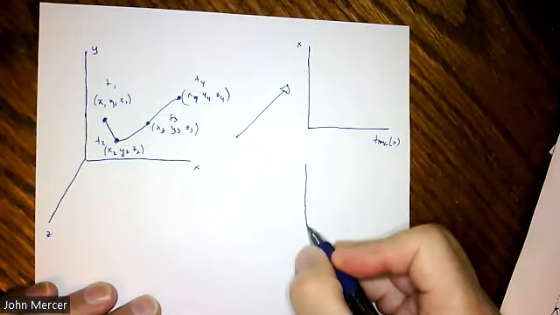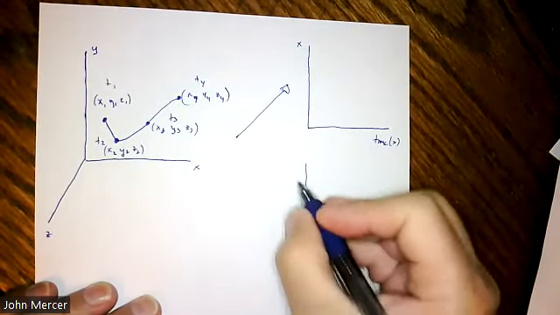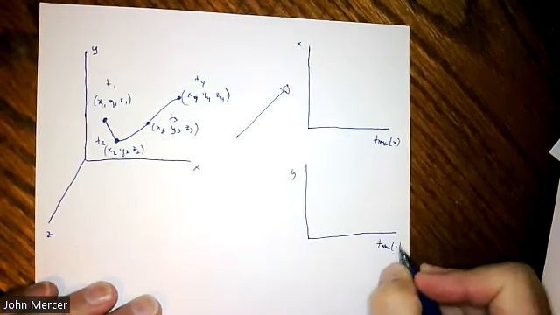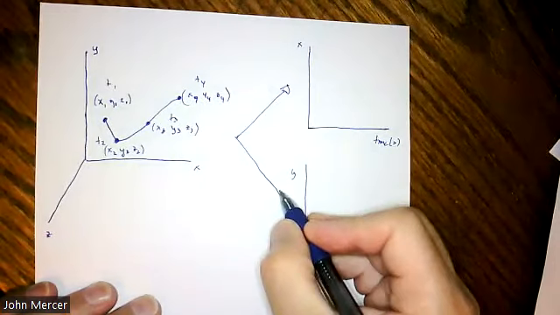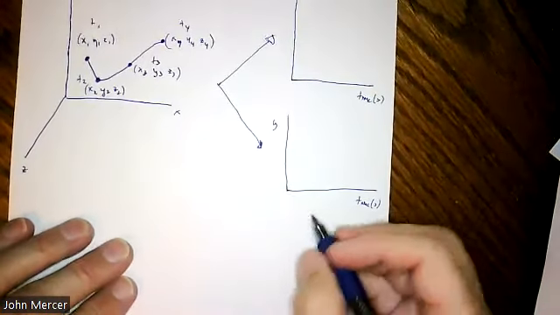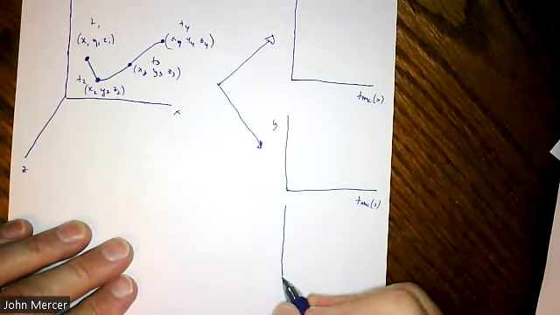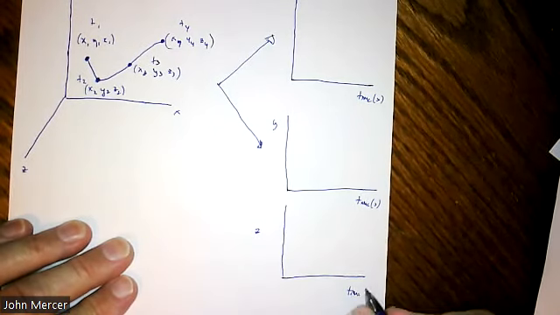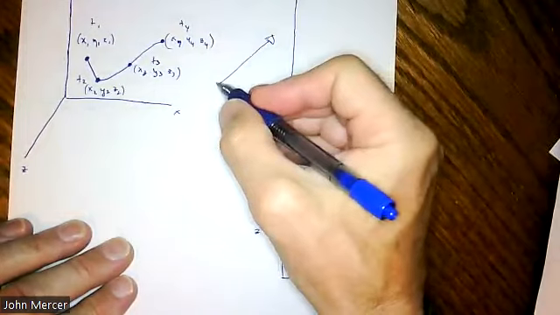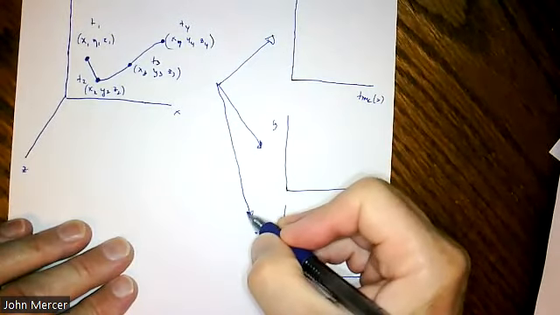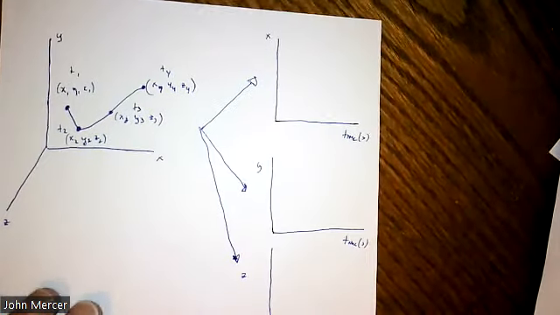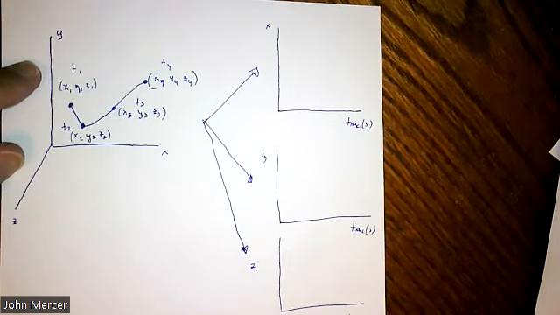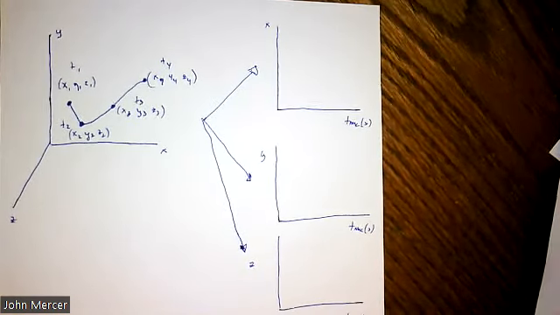And then the second analysis will be to look at the Y position versus time. And then the third analysis will be looking at the Z dimension versus time. So in our work, we will do 3 analyses from a standard X, Y, and Z